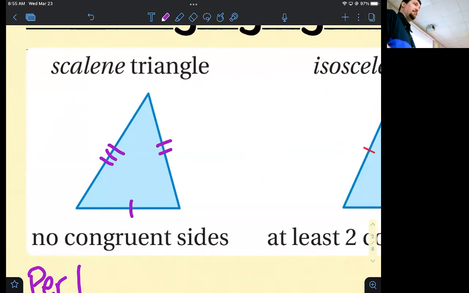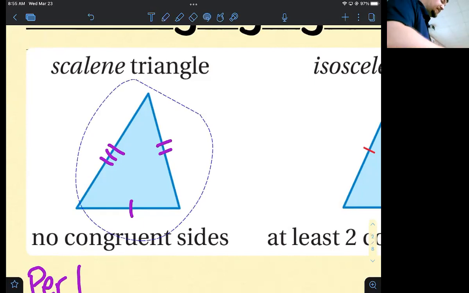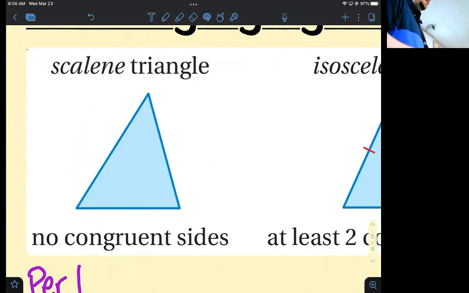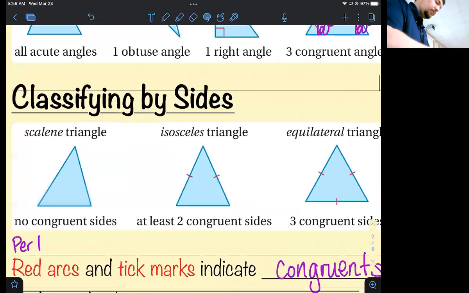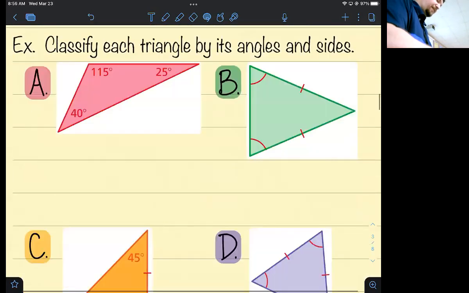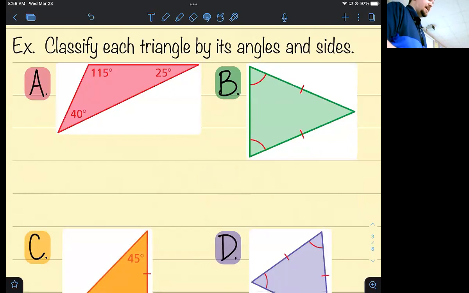None of them have the same amount of tick marks, so none of the sides are the same. So why put them at all, right? That's why they didn't put them. Okay, so if you see the same number of tick marks, they indicate congruent sides. Just so you know. All right, so we're going to classify each triangle by its angles and by its sides,